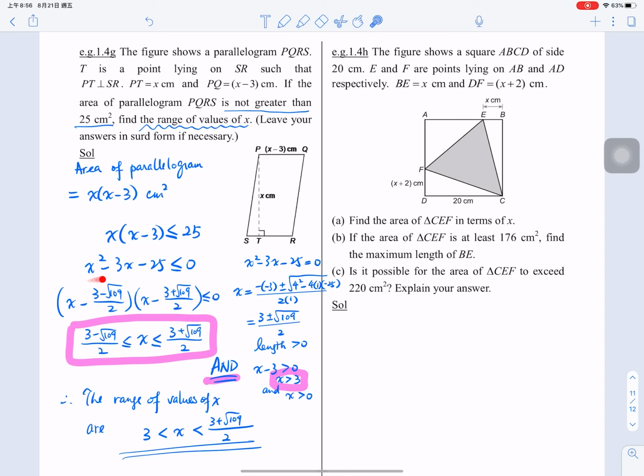And one more about the quadratic part. For any quadratic inequalities, if you need to solve it but cannot factorize, think about the quadratic formula and you can find the 2 x-intercepts, right? 2 x values. Okay,